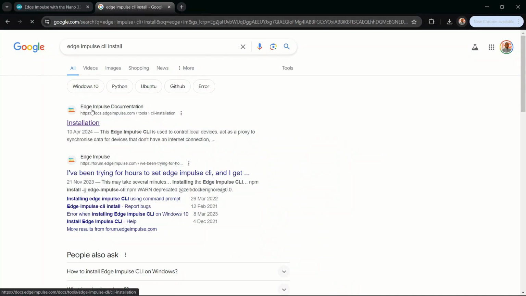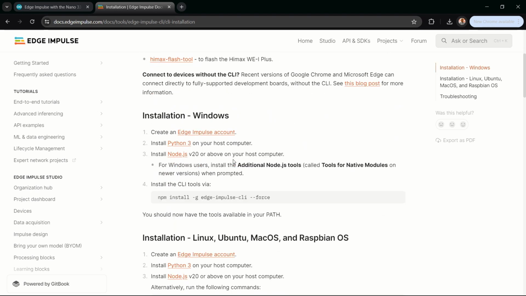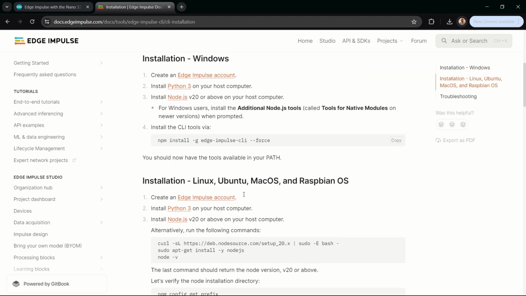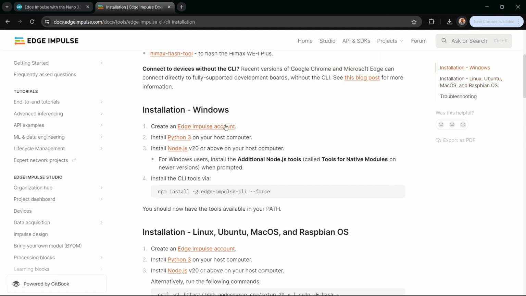So here I have Edge Impulse CLI installation. That was what I searched for. And you can see we have the first link that talks about Edge Impulse documentation and installation of the CLI. Make sure you're on the right website. If you look at the top here, I have Edge Impulse CLI and the installation guide. Whether you are on Windows, Ubuntu or Raspberry Pi OS, you can follow any of these guides here. Since I'm on Windows, the first thing I want to do is to create an Edge Impulse account,